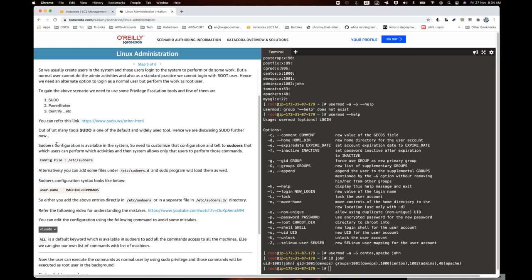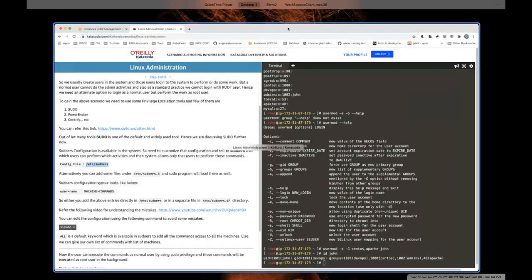The sudo configuration in the system is available in /etc/sudoers. I have to go to the /etc/sudoers file and say that, hey, John user can do this activity. John user can do the administrative activity of these activities, in the sense of commands. He can execute these commands. Now, if I go to the John user, he cannot execute a